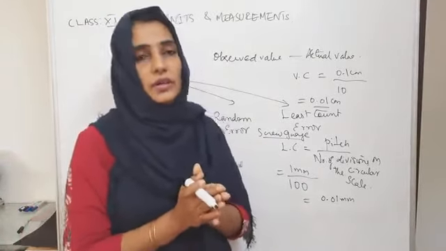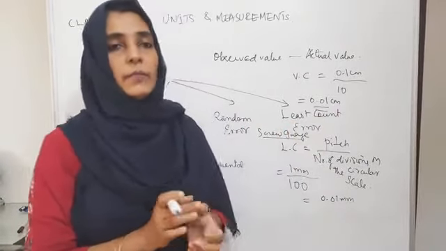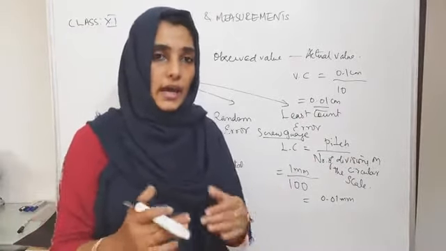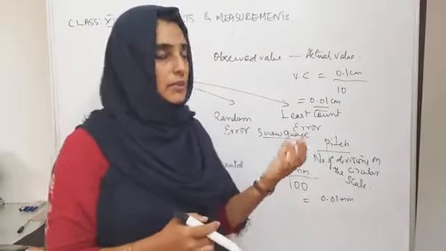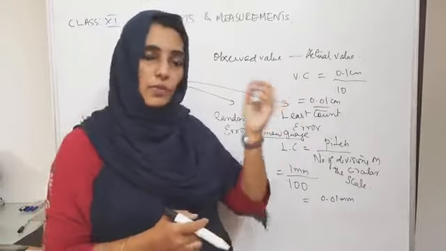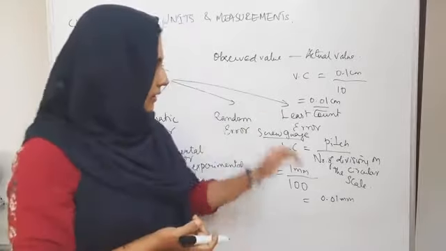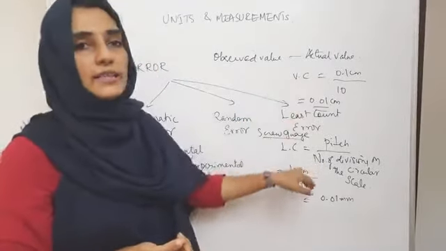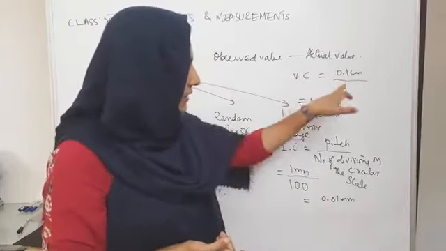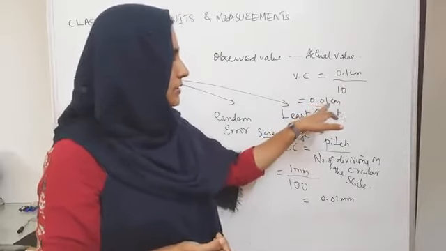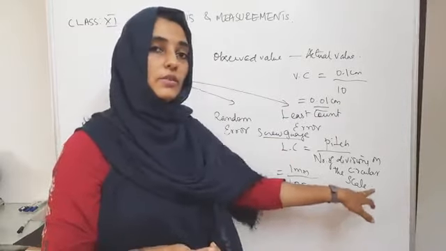In the case of least count error, a more precise or highly resolved instrument will have low error, because high resolution means you have a low value of the least count. So the smaller the value of the least count, the more highly resolved the instrument is. When you compare the screw gauge and the vernier calipers, we can see that the least count of a vernier calipers is 0.01 centimeter, while that of a screw gauge is 0.01 millimeter or 0.001 centimeter.